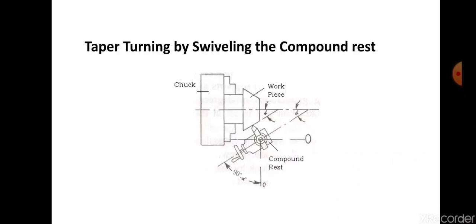Anyways, when you hear all these things for the first time, you may not be able to actually get what this compound slide is. What do you mean by all these things? When you see the lathe machine in real, you will get to know what is this carriage assembly, what is this chuck, what is this tool, all that I'm talking about. So definitely, if possible, we will go and see the actual lathe machine and then tell you what the parts are, so that you can very clearly understand what I'm talking about right now.